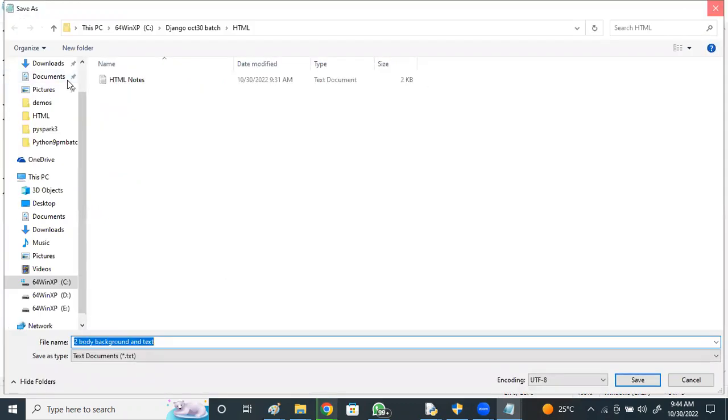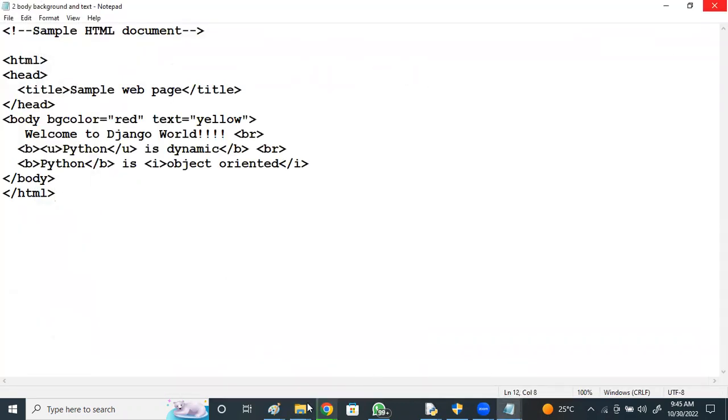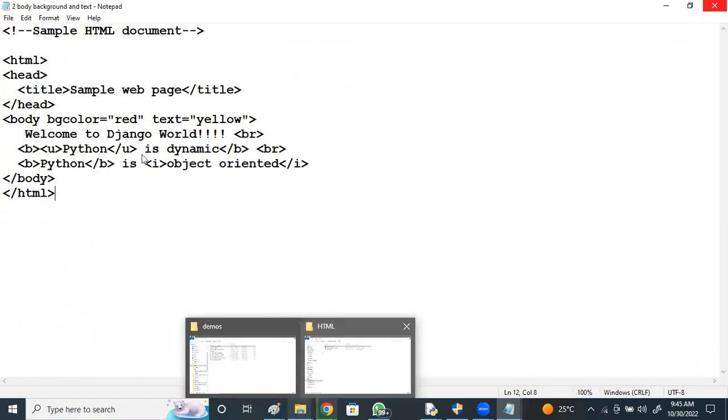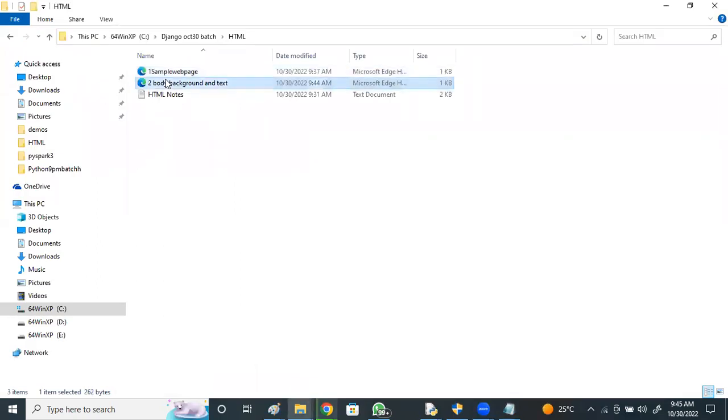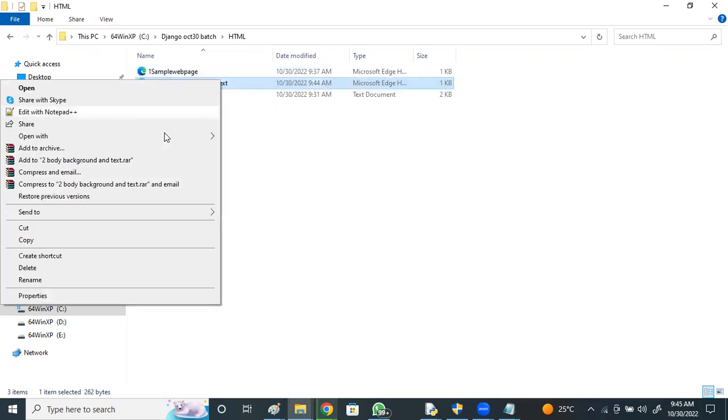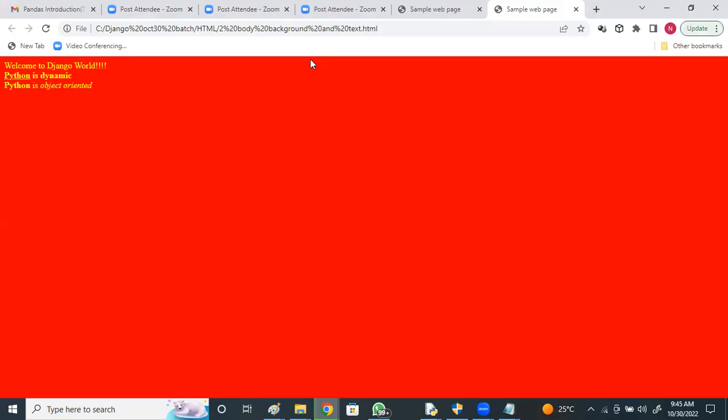Go to this web page and double click with Chrome. Now you can see the background color of the web page I gave is red and the text is yellow.